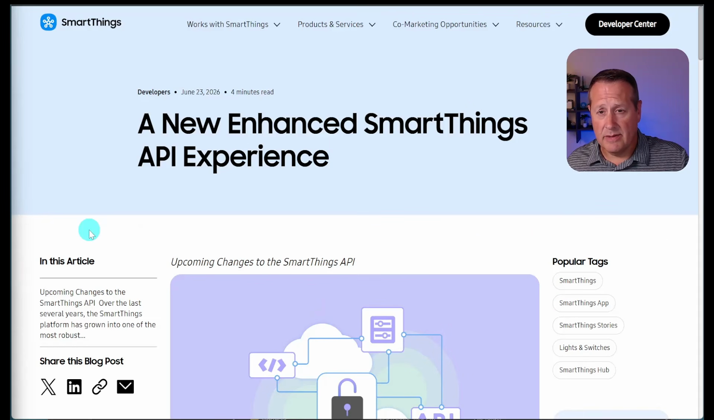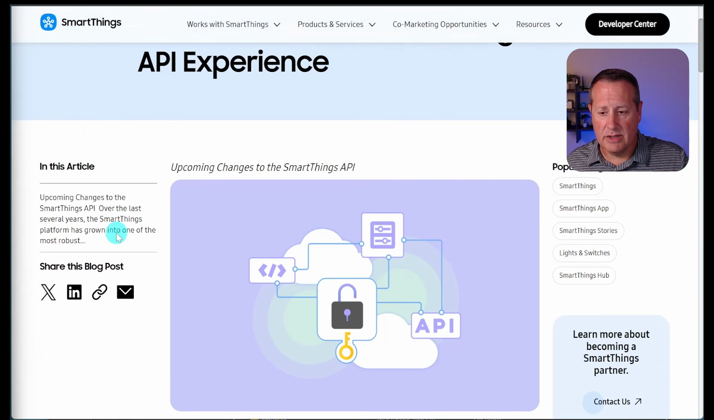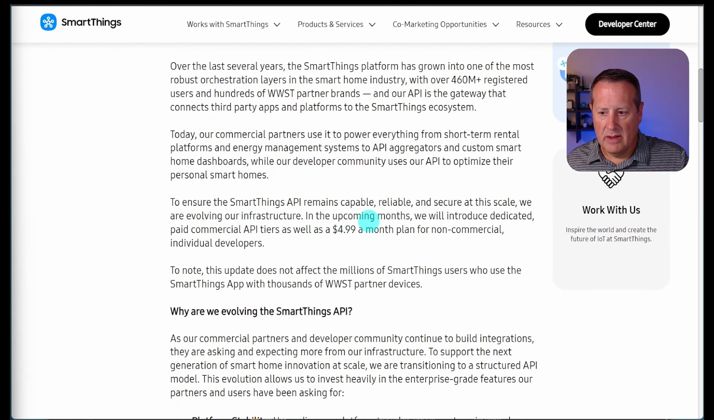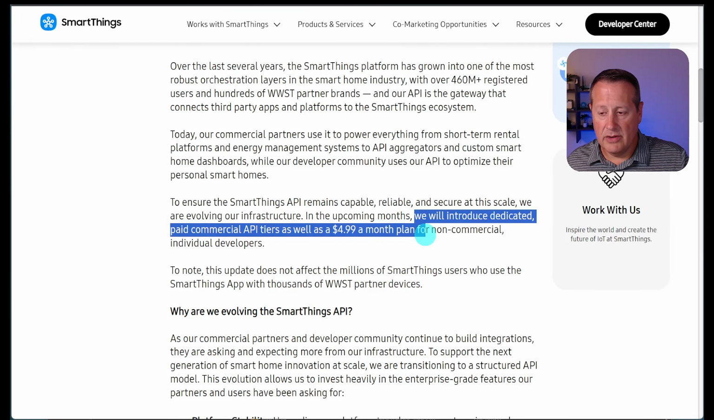As I mentioned, SmartThings or Samsung will start to charge for that. And they talk about all the rationale and why they're doing it, et cetera, et cetera. The important part is here: they introduced a dedicated paid commercial API tier as well as a $4.99 month plan for non-commercial individual developers. Home Assistant has confirmed that we would fall under this if we're using their integration,